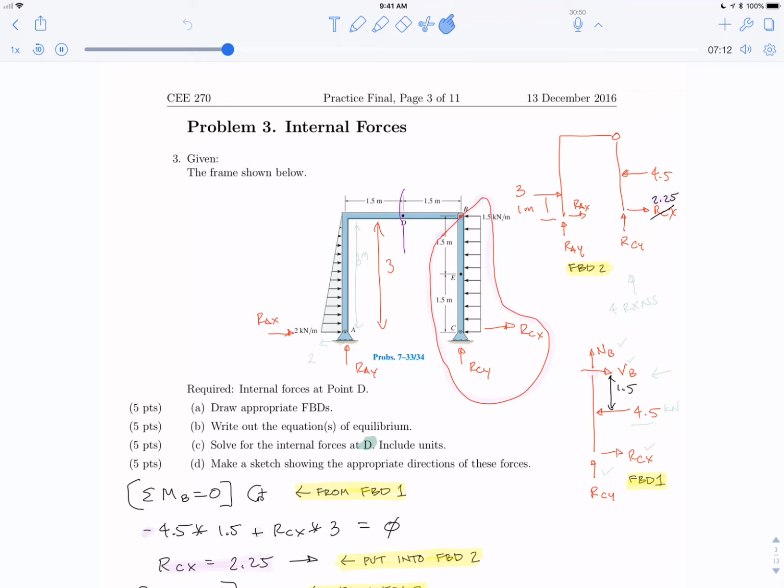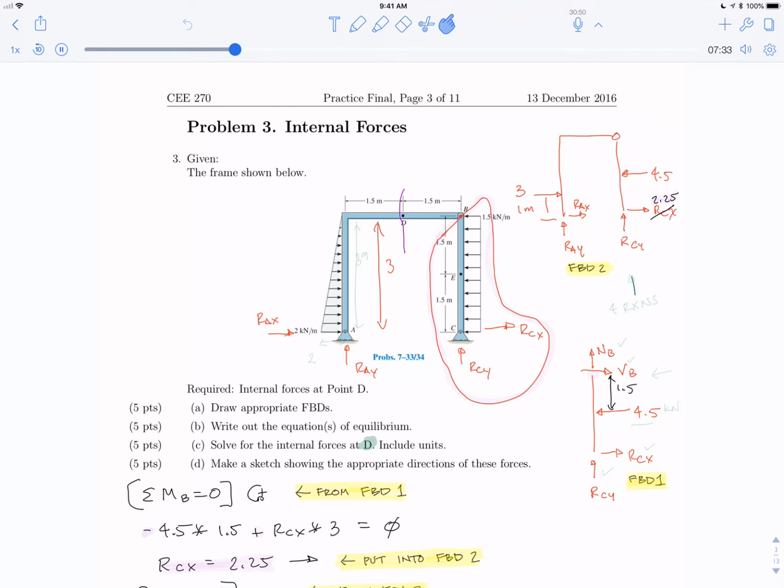It was a frame problem first, and after you got the reactions, then you could get the internal forces. Still, I will review both, but for your test, they'll be separate problems. Okay, first, the frame part of the problem. When you draw this free body diagram here,